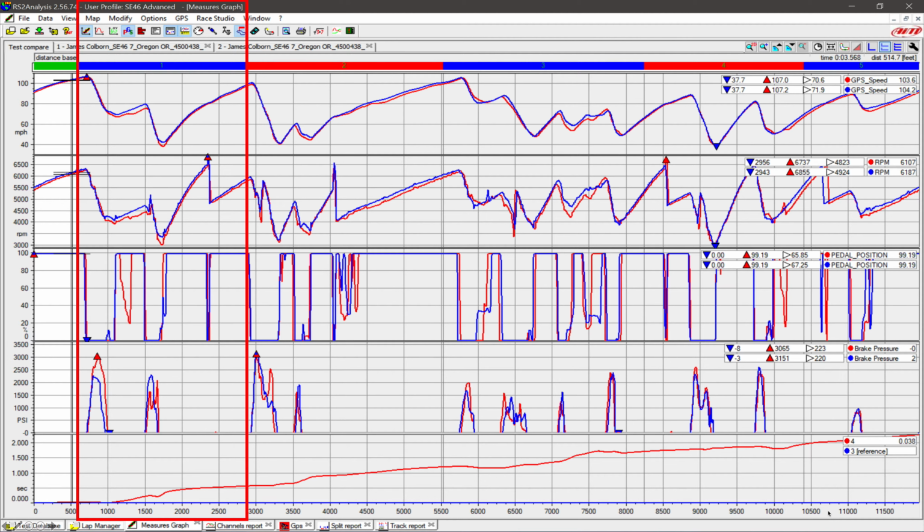Now here we can start looking at certain variables. So you can see very much at the bottom straight away, over this part of the track in time over distance, half a second is lost in these few corners and variables that are here. And so this is the first place that we want to have a look. But oftentimes, drilling into that area isn't necessarily as easy, or there's a lot of information crammed in there. So you may have noticed I've got an arrow up here on the right hand side, and there's a plus